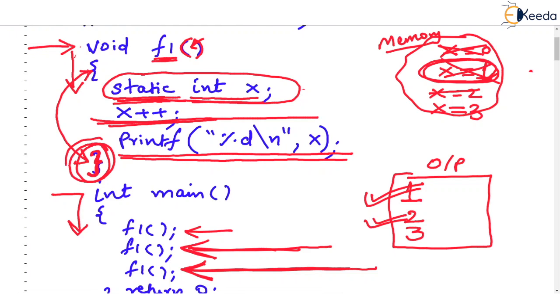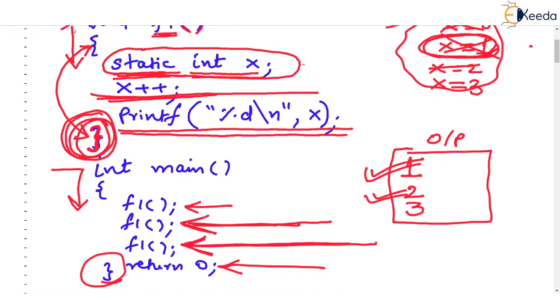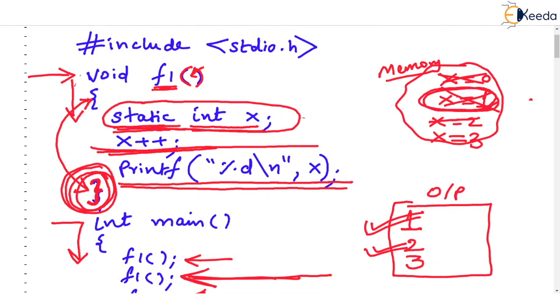And now just check again, the function is getting finished. But the static variable won't be deleted from the memory. And we return back to main. In main, now there is only one line, return 0 and end of main. So the program is finished. Listen, when the program is over, then this x will be deleted from the memory. Yes, of course. Now, the program itself is getting finished, isn't it? So whatever resources, whatever variables the program needed are to be destroyed from the memory, and the final output we get is 1, 2, 3.